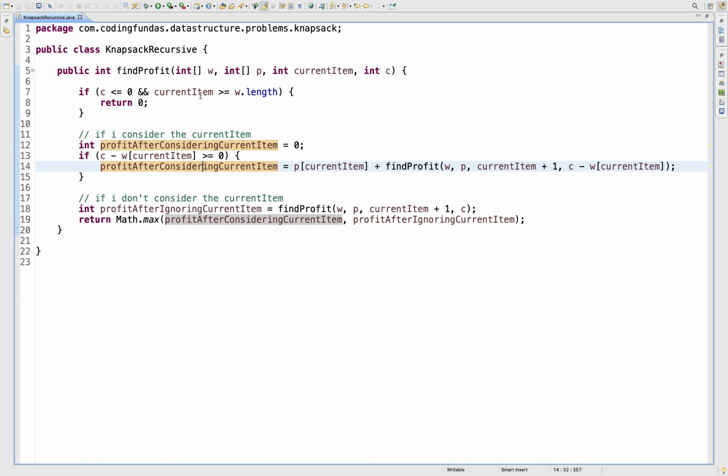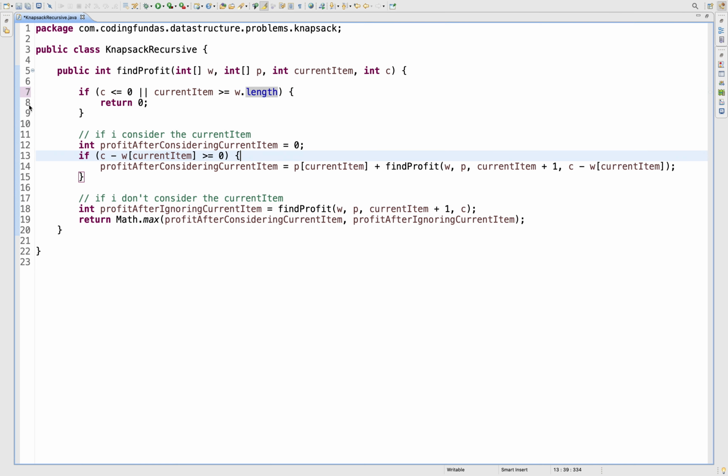So our base case is this: if our capacity is less than or equal to 0, we return 0, and if our current item, the current index that we are considering, is greater than or equal to the length of the array, then also we will return 0.